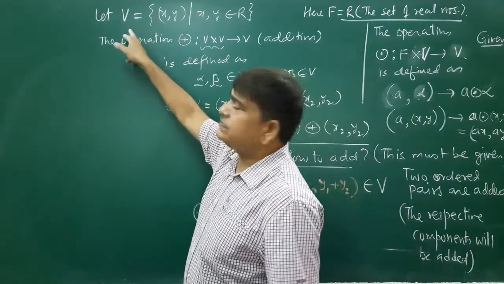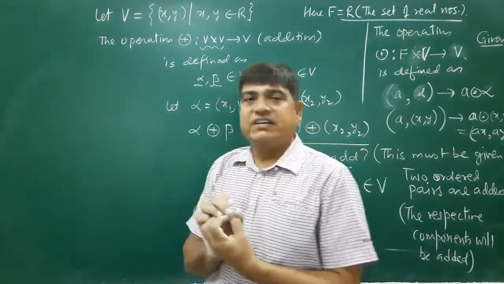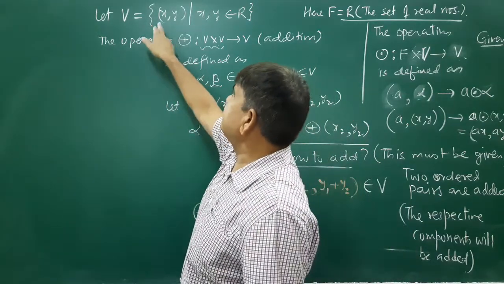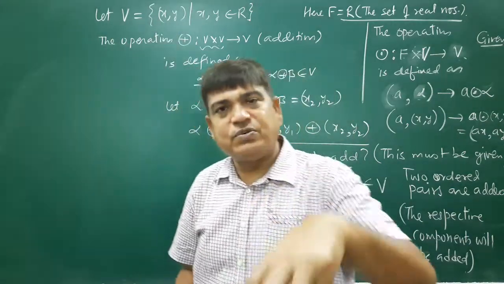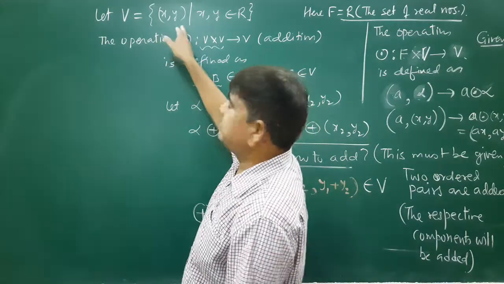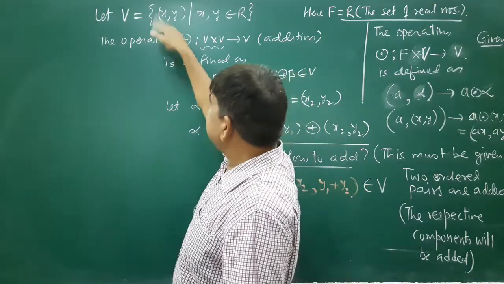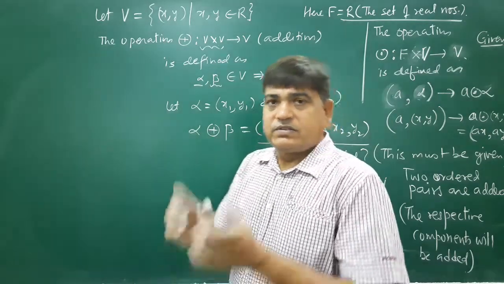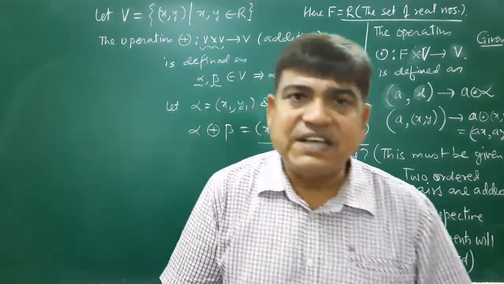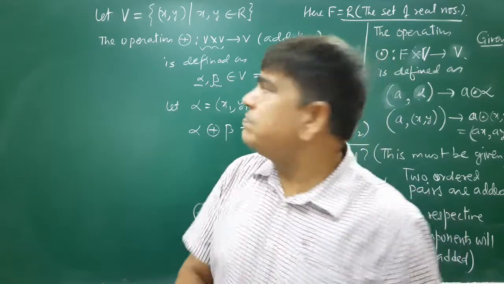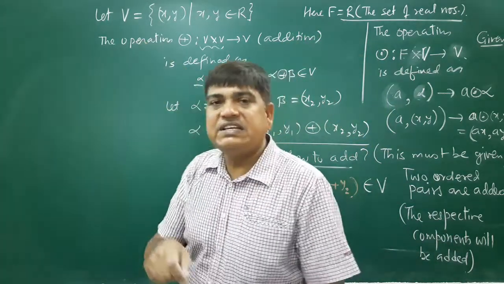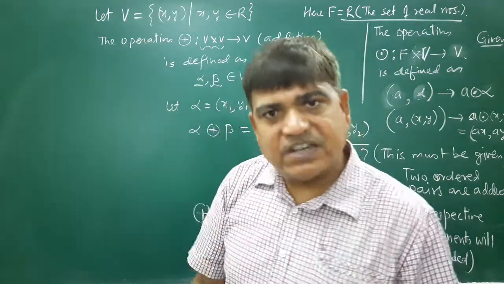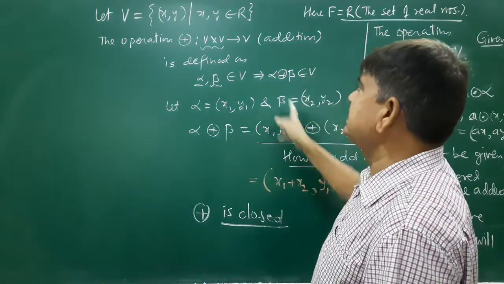the elements of V are called vector. So this is a vector. Means this pair is known as a vector. This is a vector. But this is formed with the help of real numbers. So first you decide which type of the set V is given, which type of the rule of the composition